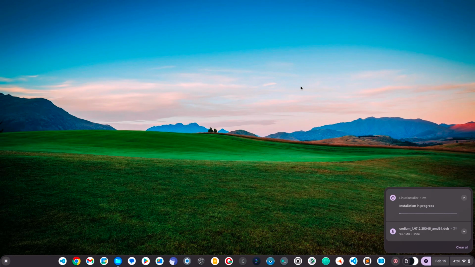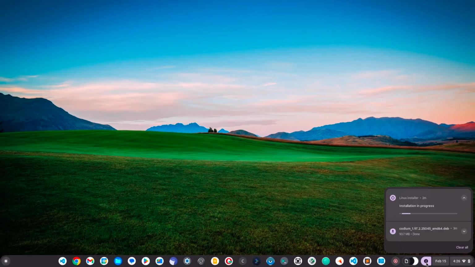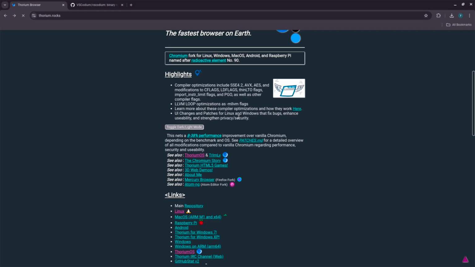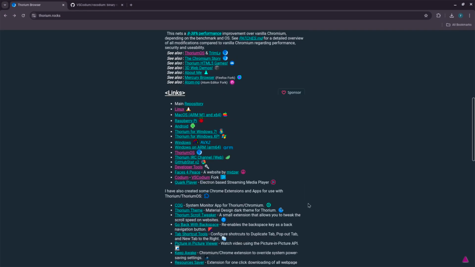Vscodium also supports a range of programming languages out of the box, including JavaScript, TypeScript, Python, Java, and more. This broad language support makes it a versatile tool for developers working on different types of projects. Additionally, with the help of extensions, you can add support for even more languages and frameworks. Finally, Vscodium's user-friendly interface and rich feature set make it a pleasure to